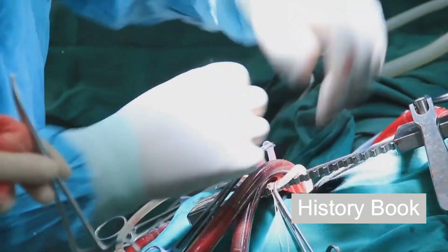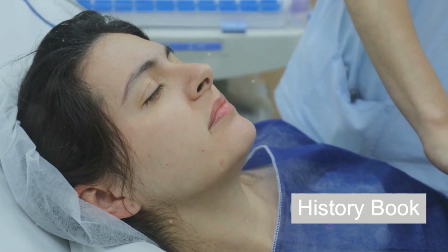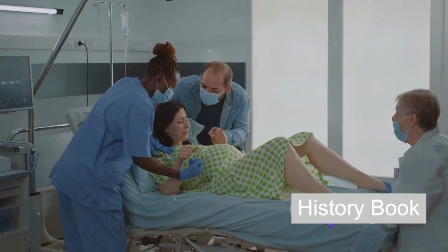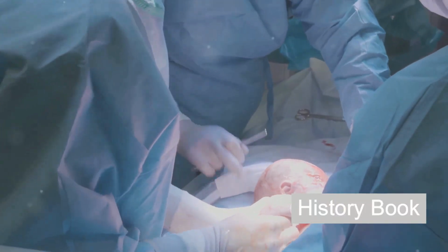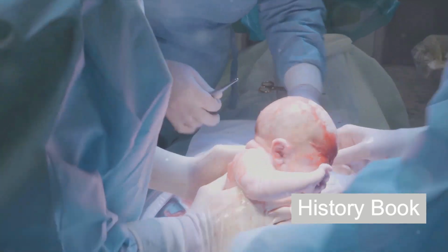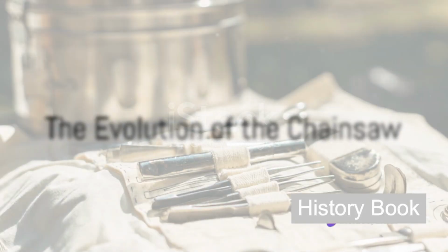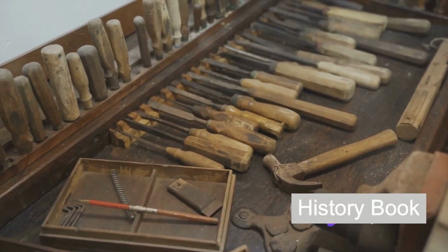Symphysiotomy was a controversial procedure, to say the least. It was painful, had a long recovery period, and could cause lifelong complications for the mother. But in a time when C-sections carried a high risk of infection and death, it was seen as a necessary evil. Around the mid-19th century, an enterprising German orthopedist named Bernhard Heine saw the potential of the chainsaw in his